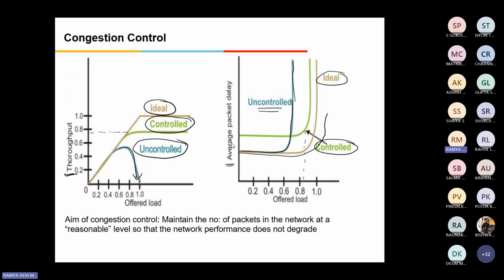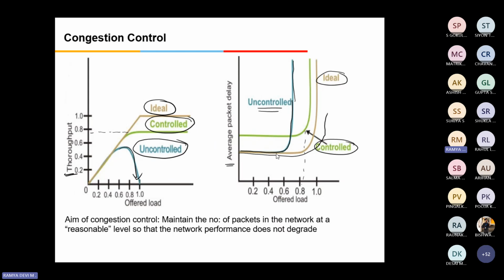The same happens for the delay now. If it is idle, my actual capacity is greater than the expected one. I need 100 Mbps of data, but I have 200 Mbps of link capacity. Definitely it will be in the idle state. In the control state, I have a congestion avoidance mechanism with a threshold value. Once it reaches the threshold, I inform the sender to slow down the transmission, so the delay is maintained as such.